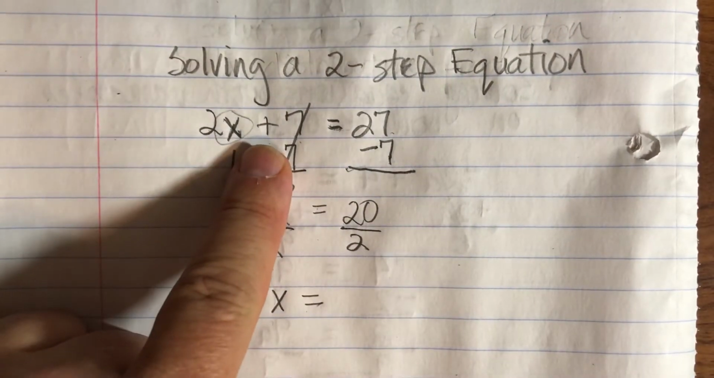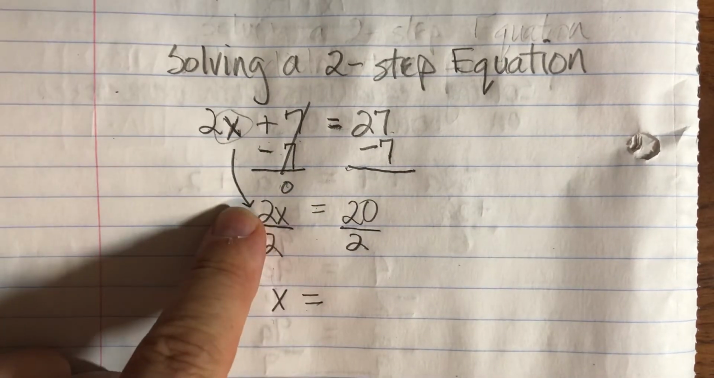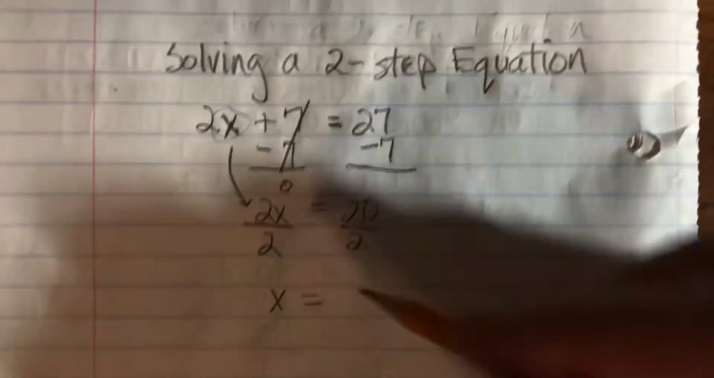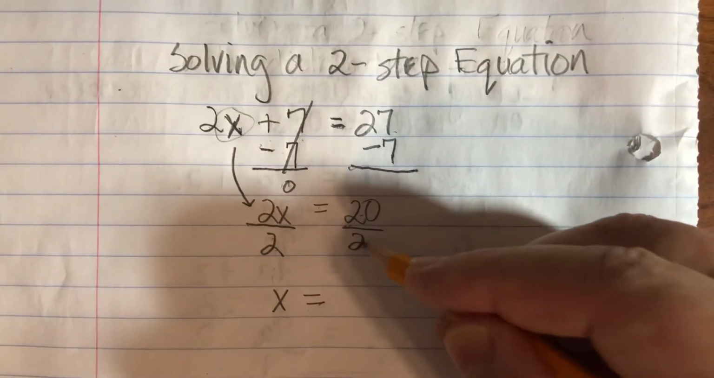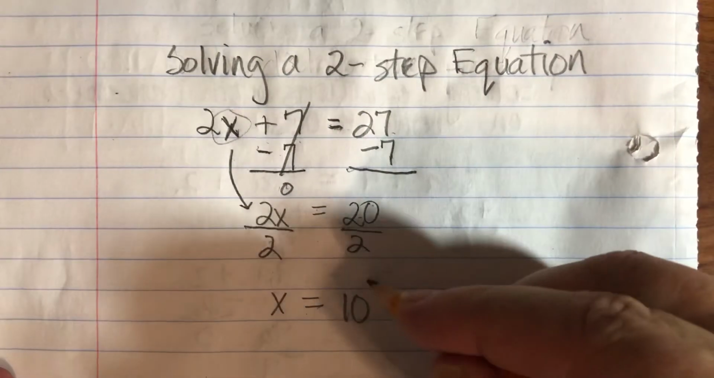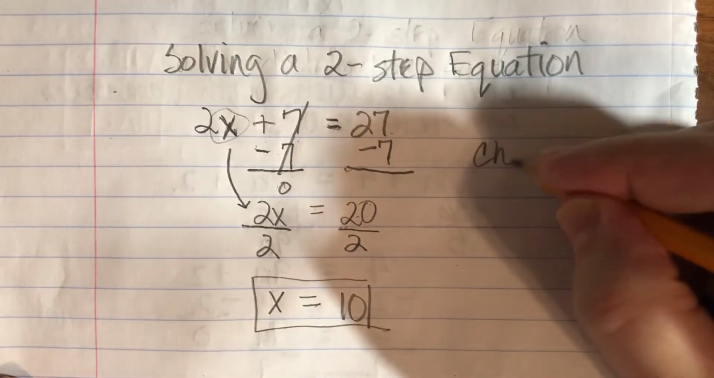When we're adding and subtracting, our goal is to equal 0. When we're multiplying or dividing, our goal is to be positive 1. And if we did it to this side, we must do it to the other side. 20 divided by 2 is 10. So, based upon what we see here, we see that x is 10, but we want to check to see